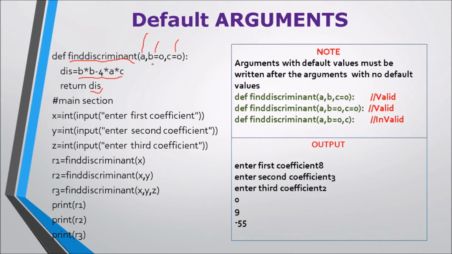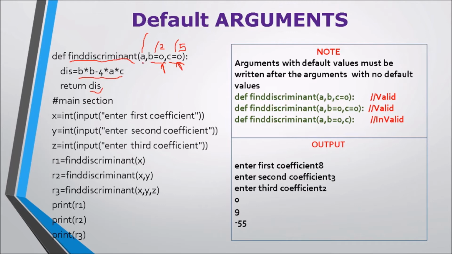You can notice here we have given b is equal to 0 and c is equal to 0. These are called the default values. It is not necessary always to provide 0. You could have given 2 over here and 5 over here, so whatever values you give, the same values will be taken up when they are executed. So b can be 2 and c can be 5. You can give another set of values, b can be 4 and c can be 3. So any values can be passed as the default values.